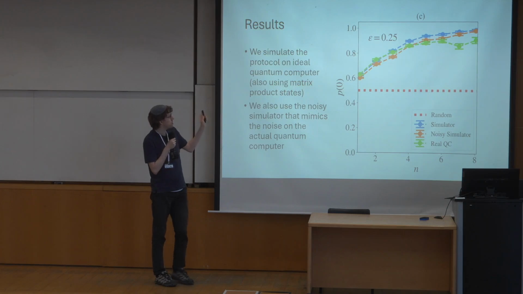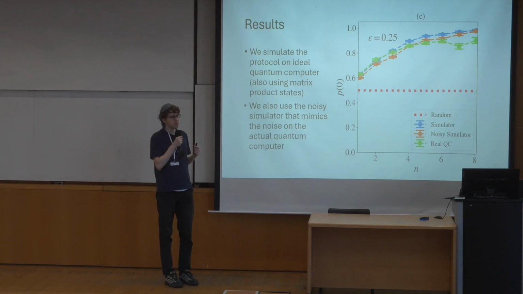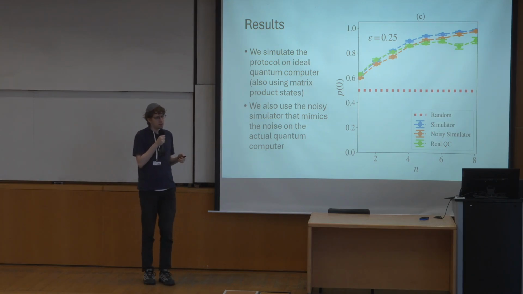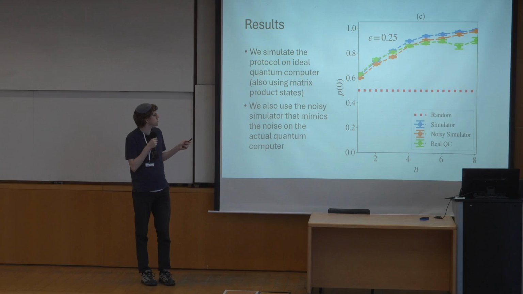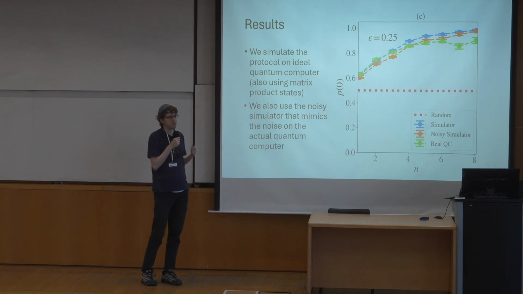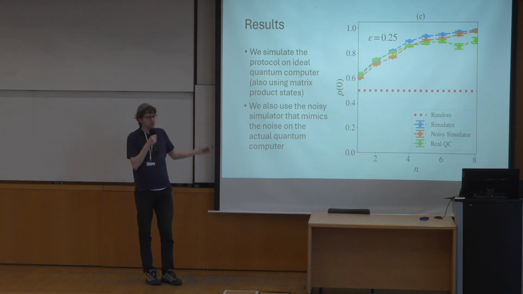Maybe I'll comment about the simulator. Here we simulated it. To simulate it, when you have large circuits, we use matrix product states. It is very useful to simulate very large circuits of MBQC. For the people that know, I highly recommend using this and not the usual simulator because you will have a space problem. Your Hilbert space basically grows exponentially with the number of qubits, so if you want to simulate 100 qubits of these measurements, you have a large problem for the exact vector simulation. But if you use MPS, the entanglement is low enough that you can simulate it effectively.